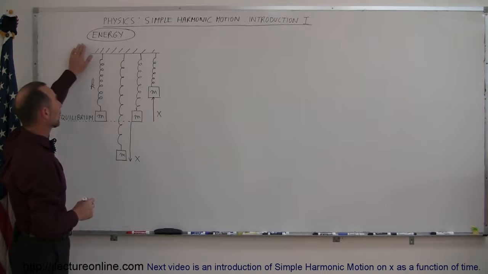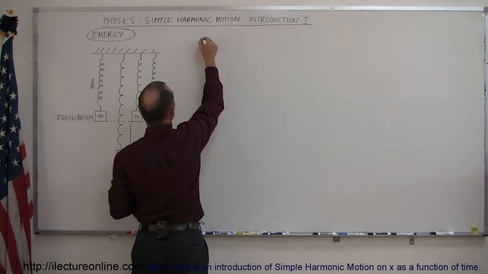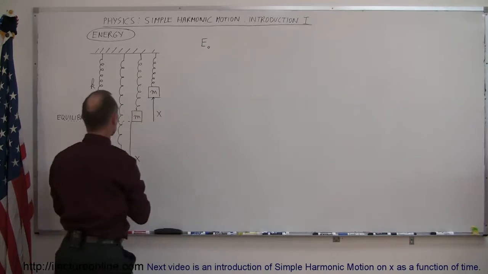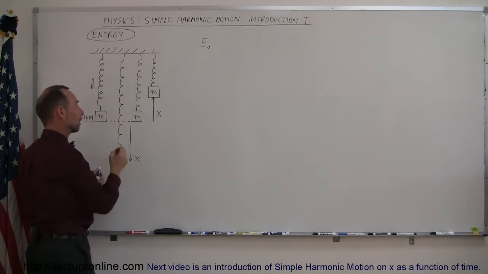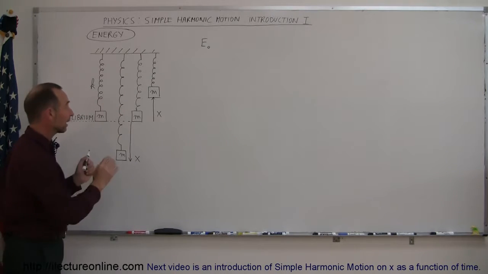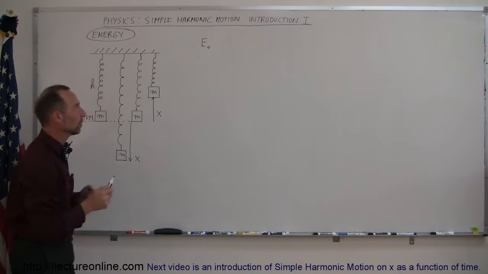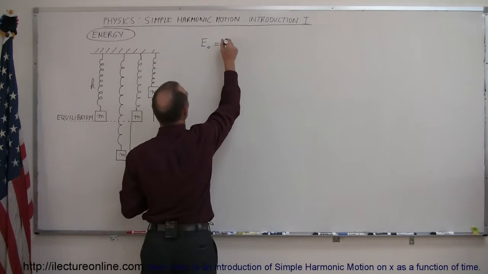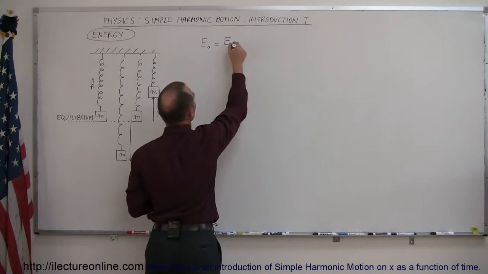First we're going to talk about it in terms of energy. We're going to use the energy equation, where the initial energy is the energy we put in by pulling the spring down, doing work to elongate it. Then we let go, it oscillates back and forth, and the energy within the system is an interplay between kinetic and potential energy. So energy initial equals energy during the oscillation, and so that will be potential energy